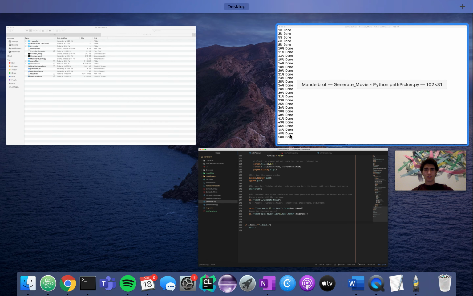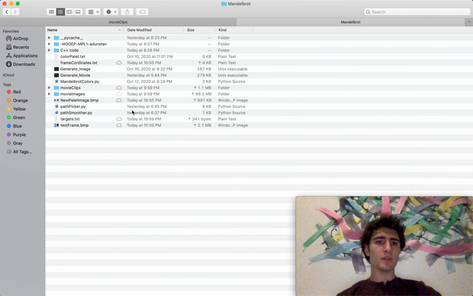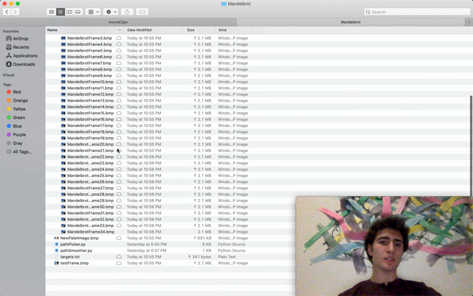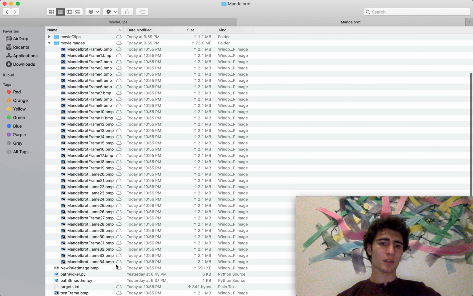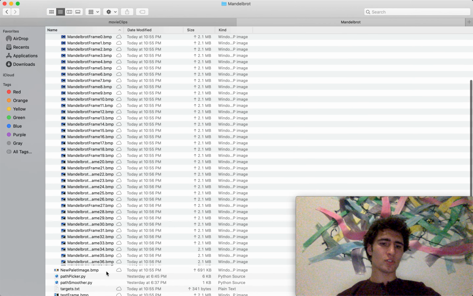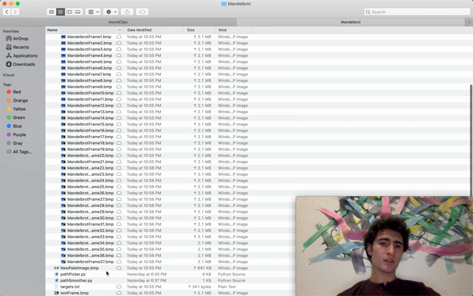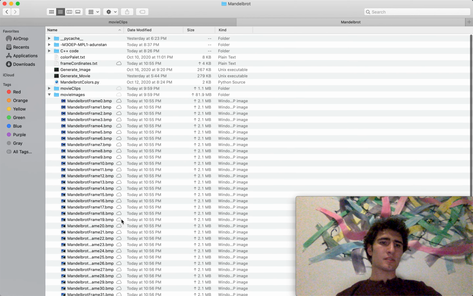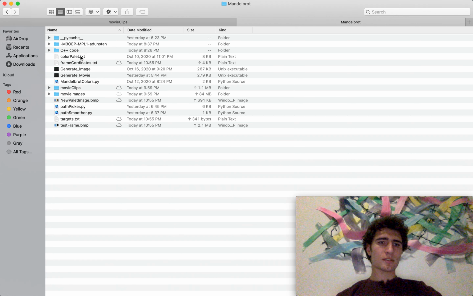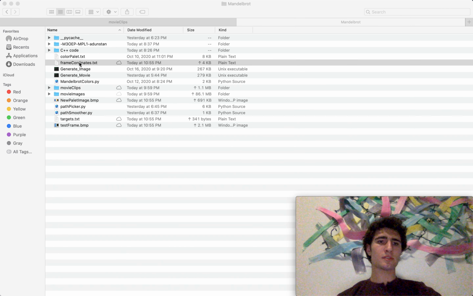If we go over here, we see we are 51% done generating. We can take a sneak peek. If we look at movie images, these are where all the BMP images get stored. And if we scroll to the bottom, we can see it generating new images live as we go. 36 has been generated, 37, 38. And then if we look at frame coordinates.txt,